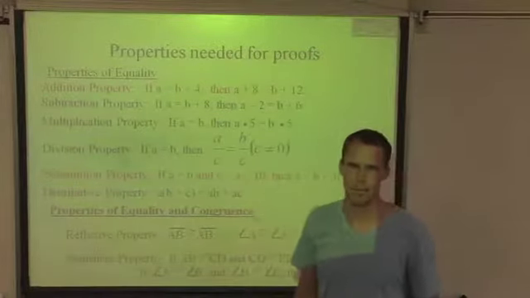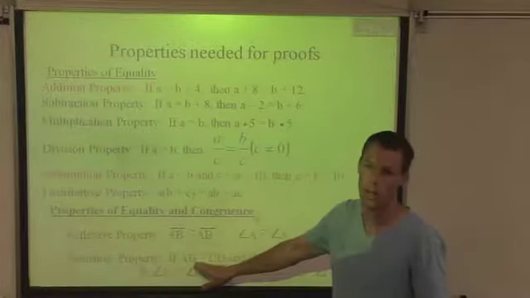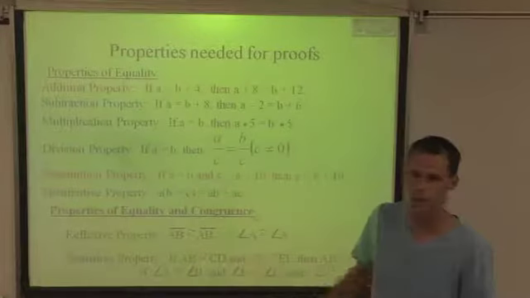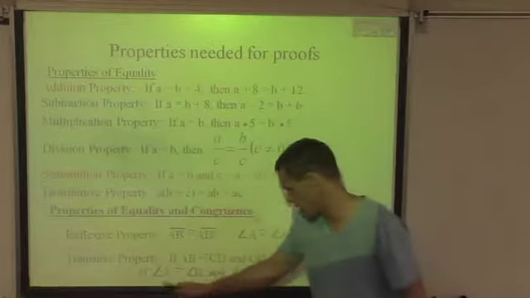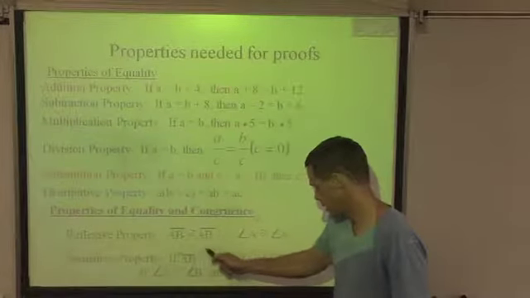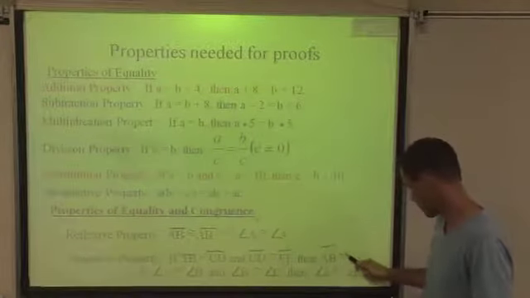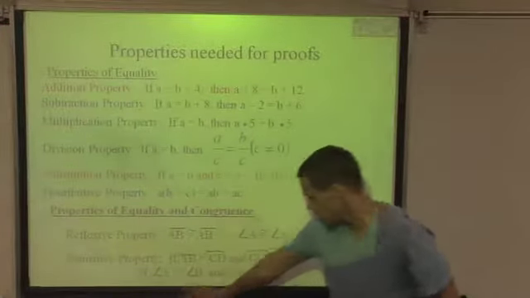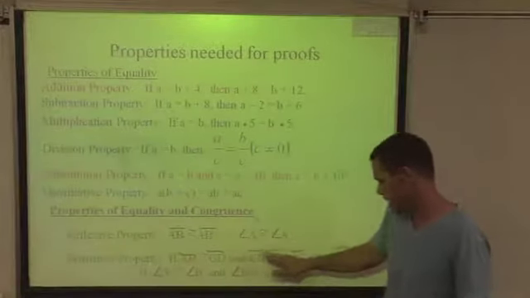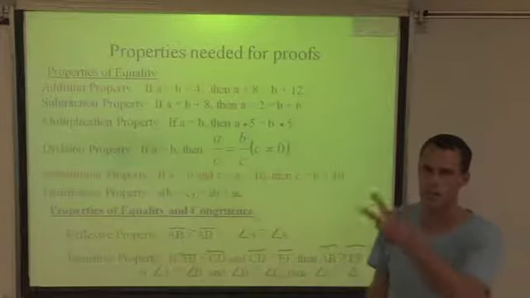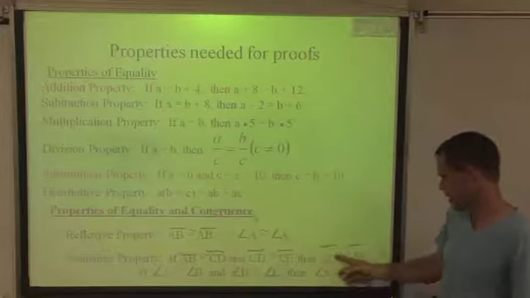Finally, we have the transitive property. Now, this can be of equality or of congruence. And we have two examples here. If segment AB, and now these should have segment symbols on them, we'll even attempt this right now. Segment symbol, segment symbol, segment symbol. If segment AB is congruent to segment CD, and segment CD is congruent to segment EF, so we have two conditions here, then we can jump from AB congruent to EF,